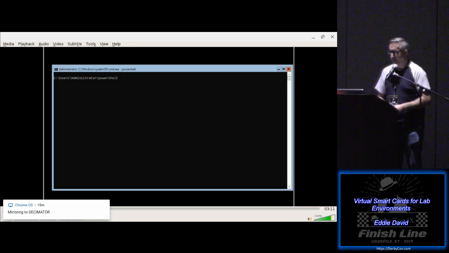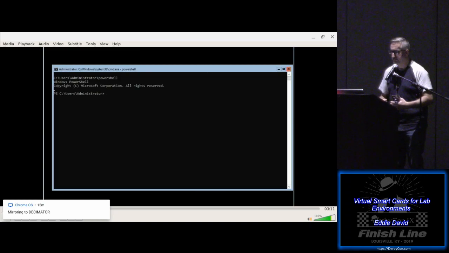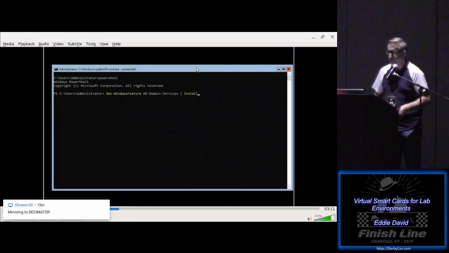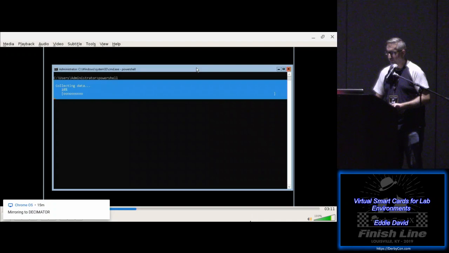And if you ever set up a server core with Active Directory, this is basically how you do it. And you can automate it with scripts. So you can get Windows feature, AD domain services, and install. Install Windows feature. So this is going to download all the modules,